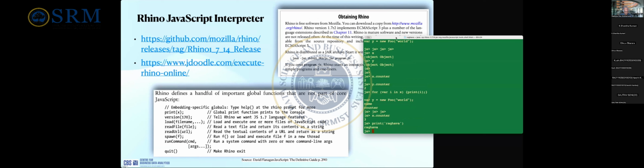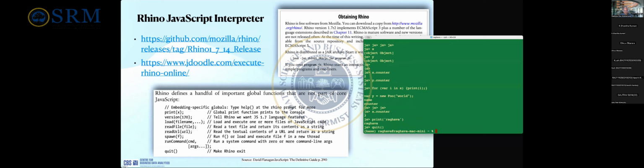But I use a simple program. So you can see my console, right? So let me quit it. This is called Rhino, which is nothing but a simple interpreter. Basically it is a command line tool where you can write JavaScript and interpret it. So this is called the Rhino interpreter. And what is the Rhino interpreter? It is nothing but JavaScript written using the Java language, right? So this is a Java language based interpreter where you can write the code, interpret it, and check